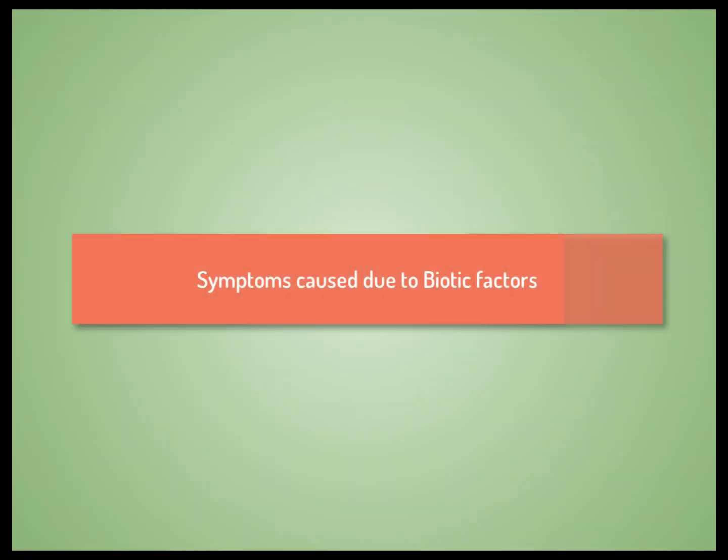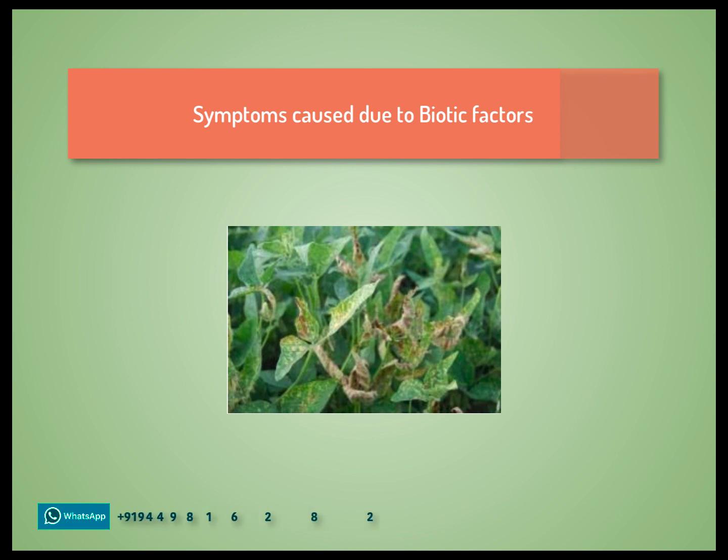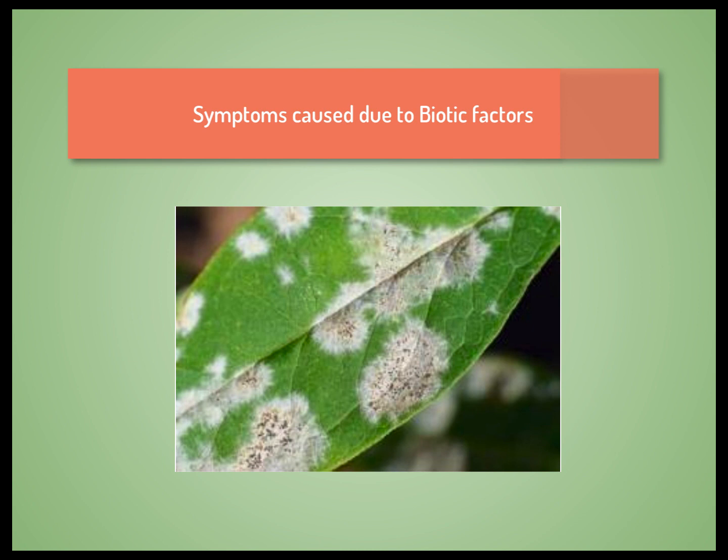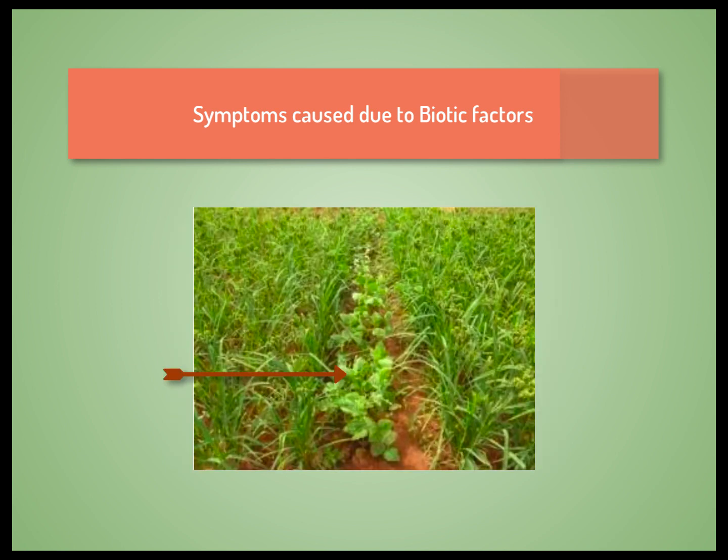First, let us distinguish between symptoms caused due to biotic and environmental reasons. If the symptoms are caused due to biotic factors like diseases and insects, then on close observation we would see presence of fungal spores, powdery or downy growth, depressions, shape changes, insect cast skins, and things like that. On regular observation, we would find such symptoms spreading progressively on the plant and spread to other nearby plants. We may also see that only this particular crop in the field or nearby fields are affected and not other types of crops. For example, if it is cotton, then only cotton is affected and not the jowar grown in the same area.